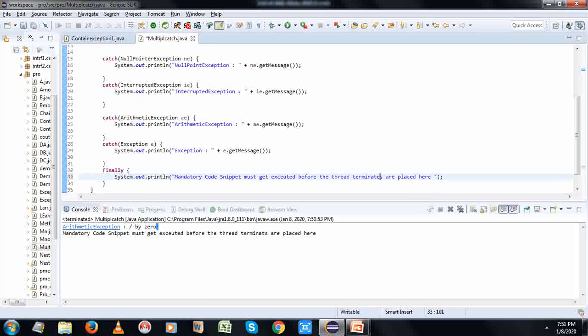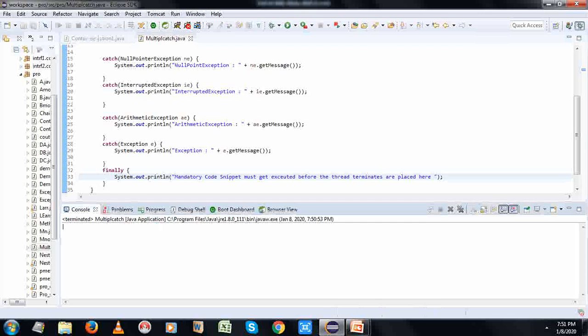This happens within the second try block, and the second try block